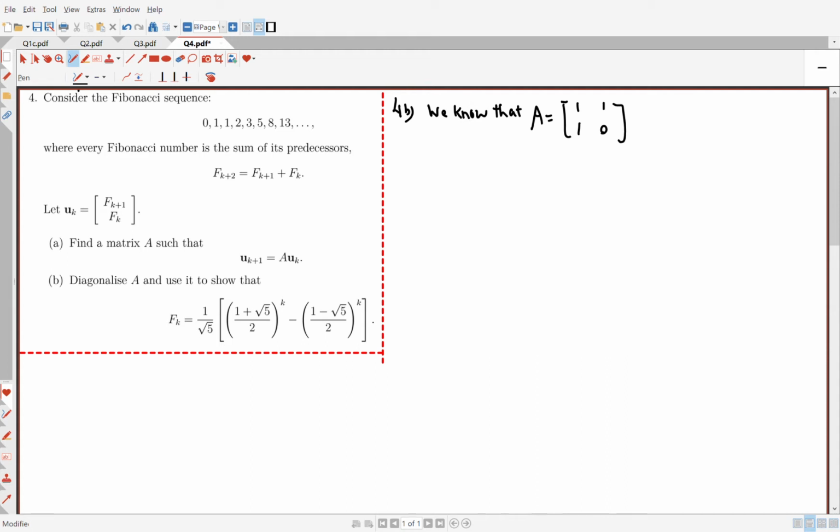So from part A, we know that our A is this. To diagonalize this, I need to find the eigenvalues first, then find the eigenvectors corresponding to the eigenvalues. Okay, I'm sure you know already, we have done this quite many times. So we consider